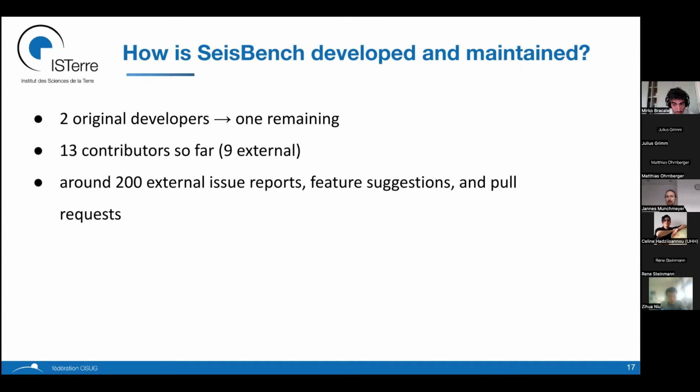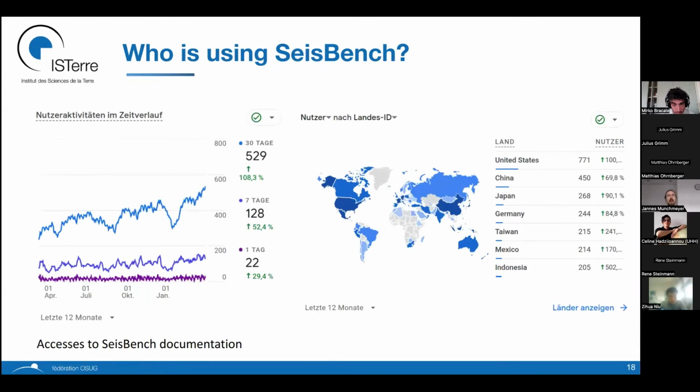Now, one question that's interesting is how many people are actually using it. We don't know as the first degree answer, because in the end, it's a library. People can just download the code, install it, run it. And there's no way we can absolutely know. But what we can track is how many people actually check our documentation, which is sort of a proxy of users. Clearly, some users will not check the documentation online. Some people will check the documentation but not use it. But it's a good proxy. And roughly, we have 500 people a month at the moment, with a growth year over year of around 100%. So it's at the moment roughly double of what it was 1 year ago.